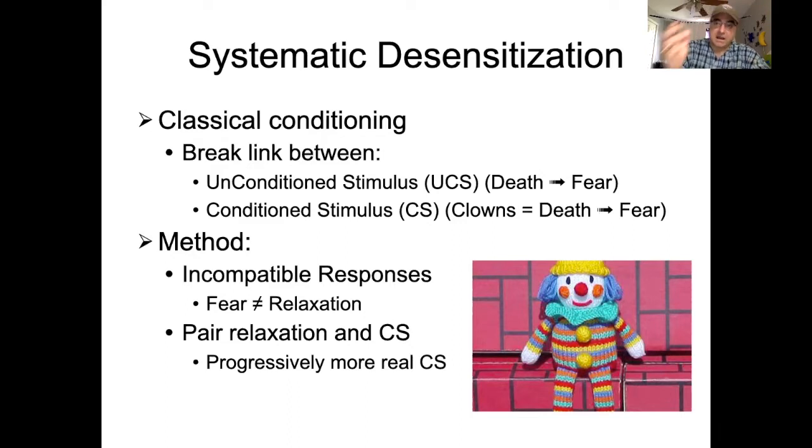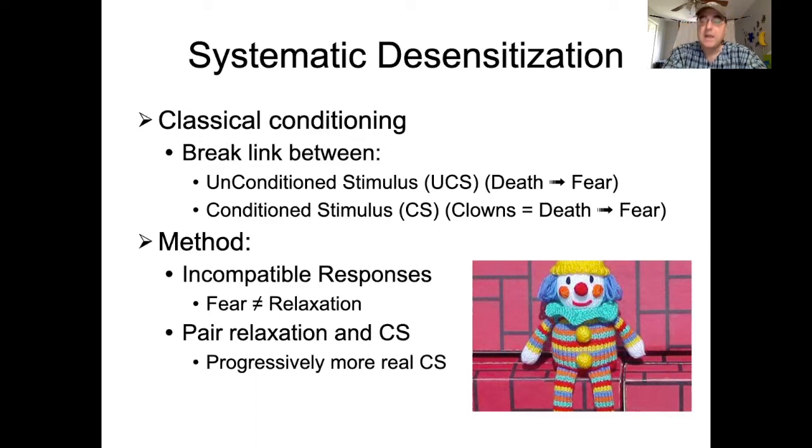The insight here is that fear, anxiety, phobia, and dysfunctional arousal is incompatible with the state of physical and mental relaxation. So if you can keep somebody in a state of relaxation by doing something like having them focus on their breathing, or in sequence, clench their toes and release them, clench their legs and release them, clench their torso and release it, relieving all that tension, getting into a deep state of relaxation, and then slowly exposing them to things that are in a hierarchy more and more likely to elicit strong fear responses relative to